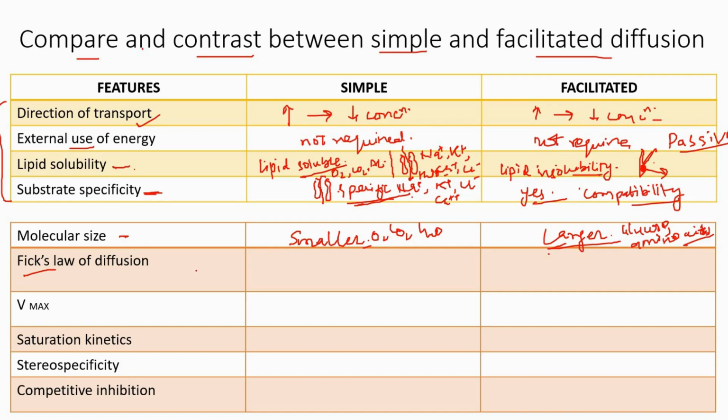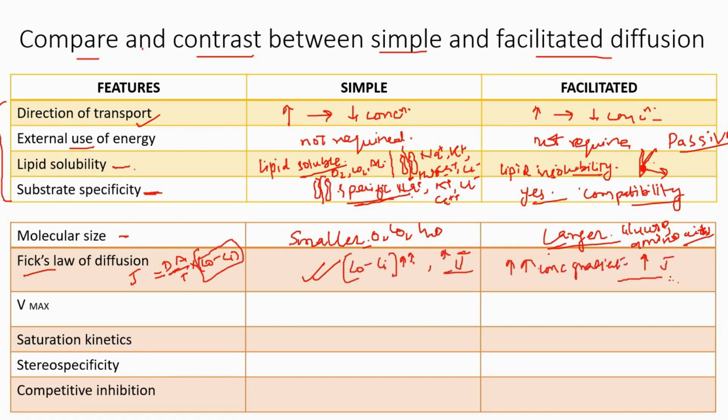Fick's law of diffusion, as we already studied it, says the rate of diffusion is equal to dA upon T into concentration outside minus concentration inside, which is the concentration gradient, right? So here in case of simple diffusion, this Fick's law is followed as it is. In case of facilitated diffusion, Fick's law is followed up to some extent, if we specifically talk about this effect of